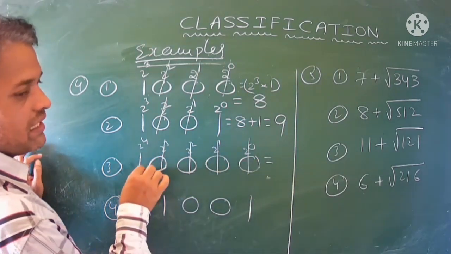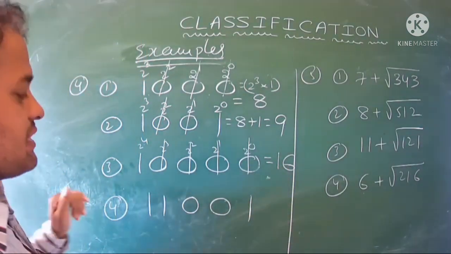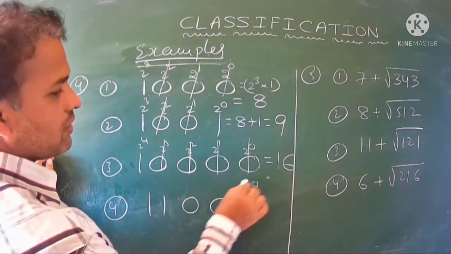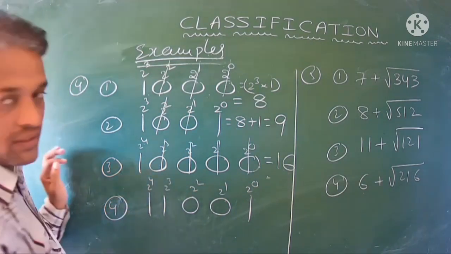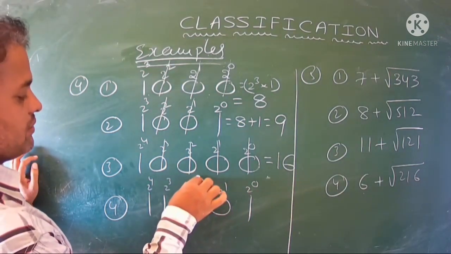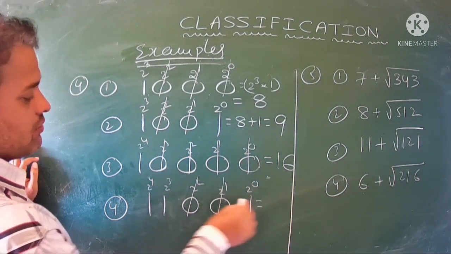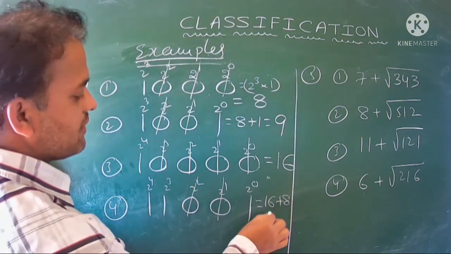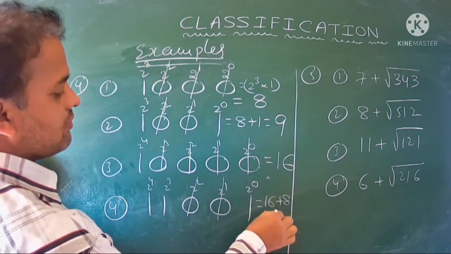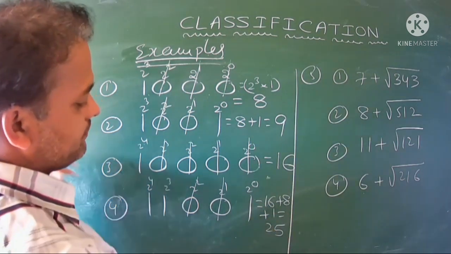2 power of 4 into 1 is nothing but 16. So next, the fourth one is 2 power of 0, 2 power of 1, 2 square, 2 cube, 2 power of 4. So now here the zeros will be cancelled. Then 2 power of 4 into 1 is nothing but 16, plus 2 cube is 8 into 1 is nothing but 8, plus 2 power of 0 is 1 into 1 is nothing but 1. So that value will become 25.